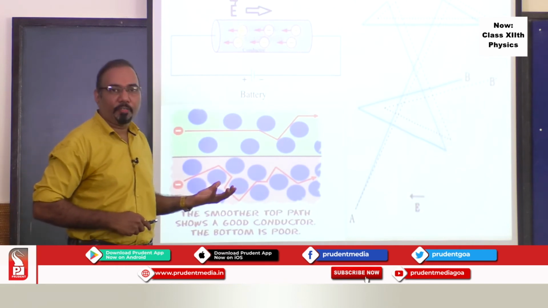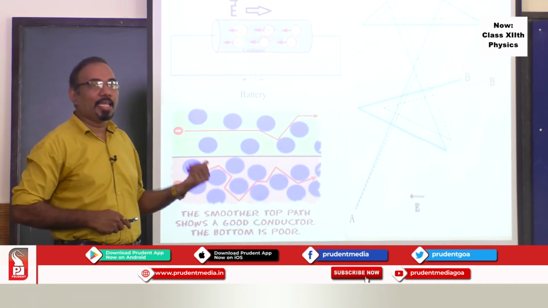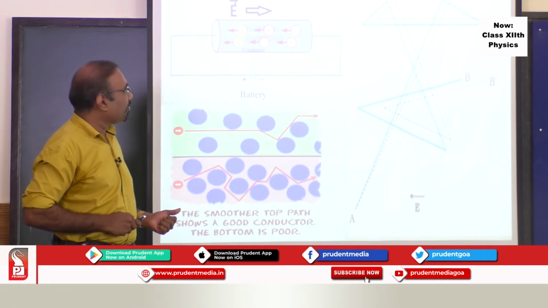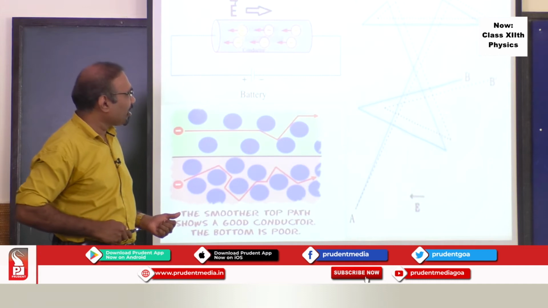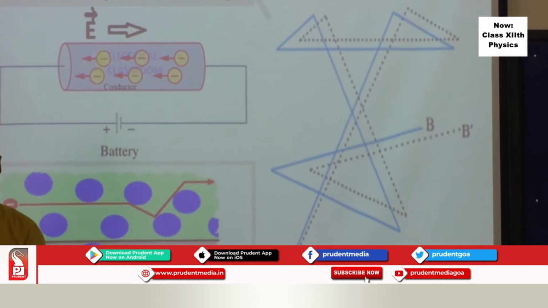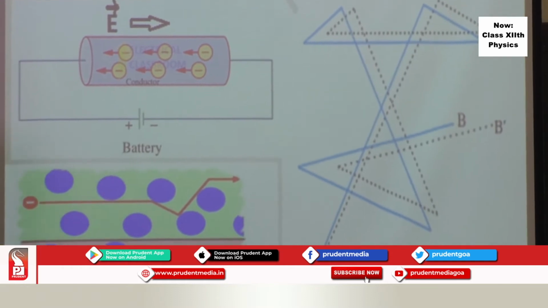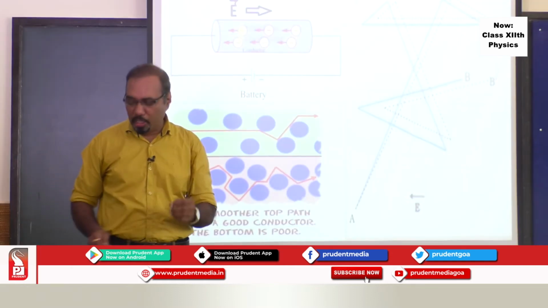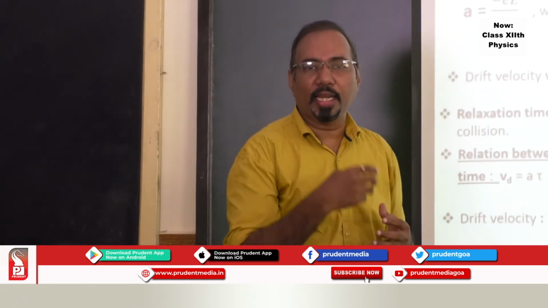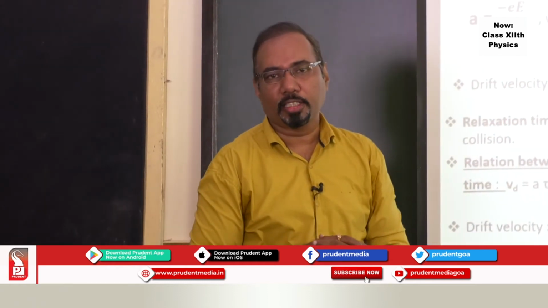In presence of an electric field, what exactly happens? When the electric field is applied, electrons drift against the direction of the electric field, as I told you. So this is more or less the dotted line trajectory they follow, and there is a net displacement B to B dash in presence of the electric field. And do you know what the drift velocity comes out to be? Drift velocity comes out to be just 10 raised to minus 4. The drift velocity is very, very less. One can calculate this drift velocity. So this is the concept of drift velocity.